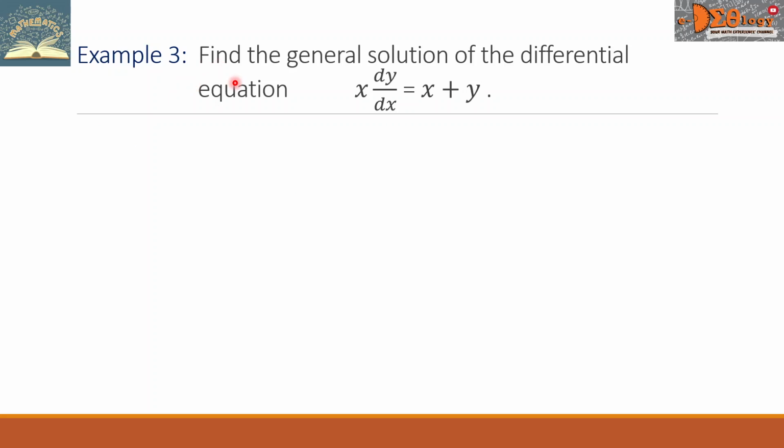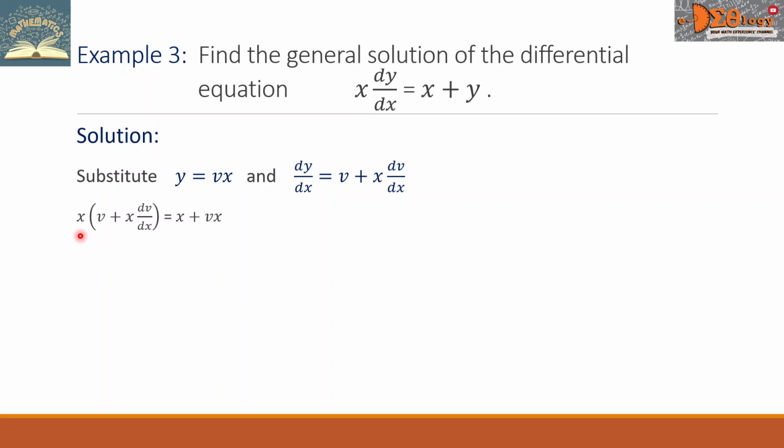Example 3. Find the general solution of the differential equation x times dy over dx equals x plus y. We substitute the corresponding values to our equation. So the left side is now x times the quantity v plus x times dv over dx equals, the right side here is x plus y. So we have now x plus